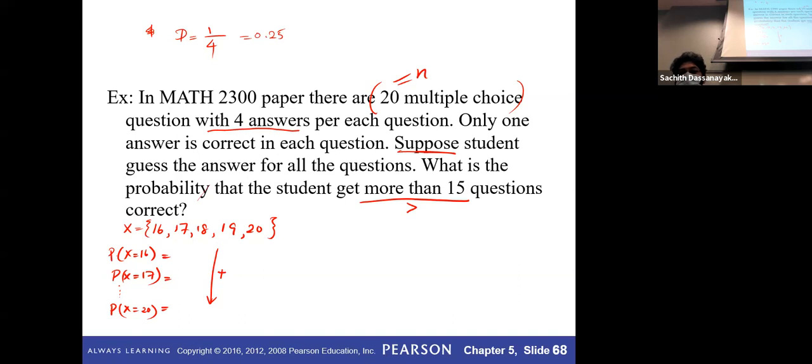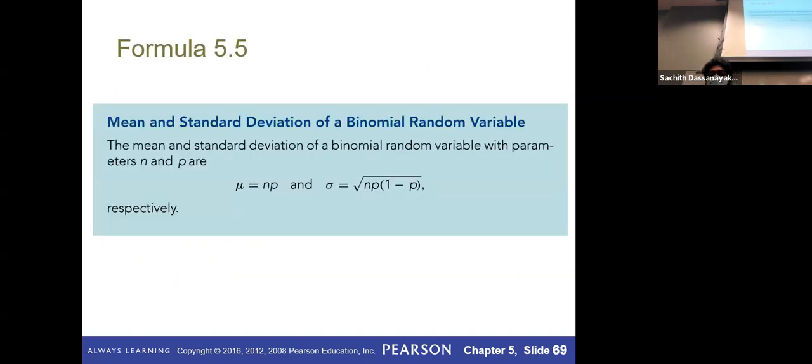Binomial distribution will definitely have maybe 1 or 2 questions in your mid exam too. Okay, I think this is the last part: mean and standard deviation of the binomial distribution. For each distribution we have a mean and standard deviation, at least those two, for each distribution we talk about in this course.